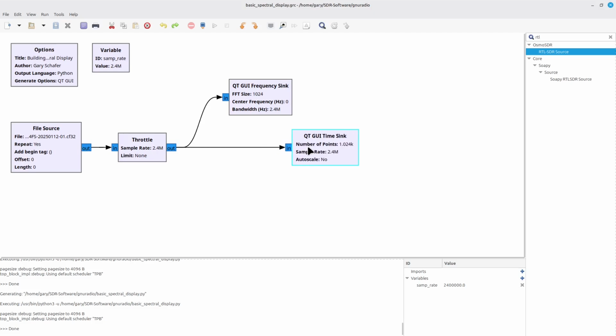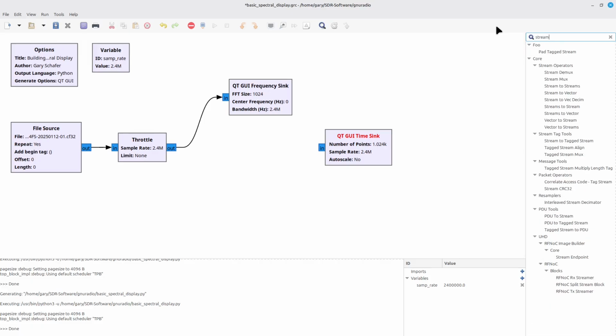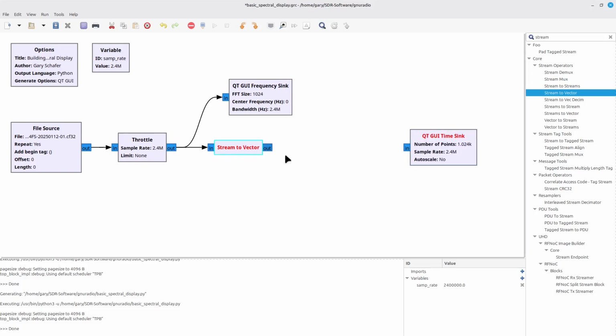The first thing that you're going to be doing when you're looking at creating a spectral display is we're going to be using the fast Fourier transform, the FFT. I have a lot more to say about that later. But the first thing that you have to understand is that the FFT is a block-based algorithm, meaning it does not operate on one sample at a time. It operates on a block or a set of samples at one time. Therefore, what we're going to first be doing is adding a block called the stream to vector, this block right here, and we're going to make this into essentially our time record that's going to be fed into the FFT.